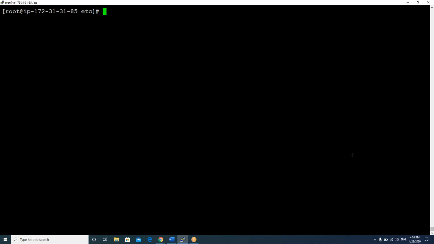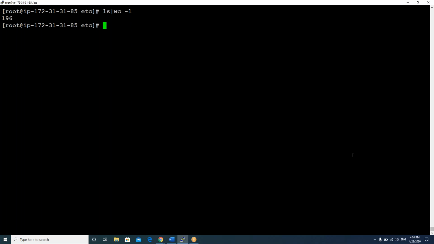What is the syntax? ls, pipe symbol, wc -l. You have 196 files in this folder. So this is what the pipe symbol does, guys. The first command's output will be sent to the second command, and I can search it, count it, or run some other command. There is no condition; the first and second commands can be anything.